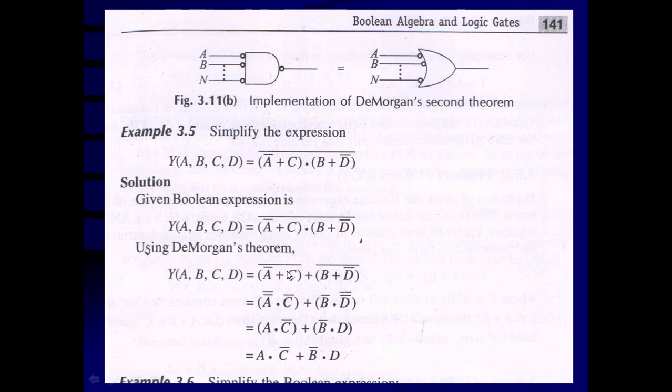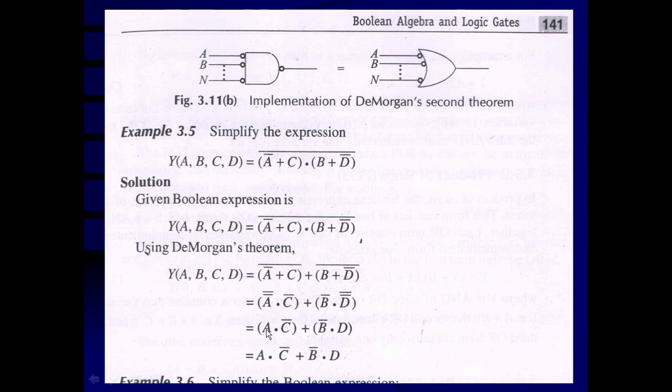Again, we can separate this bracket. Now, this bracket is under the negation. So, under the negation, the input A bar is going to be inverted. That means it is going to be A double bar. And C is going to be inverted to C bar. The OR gate becomes an AND gate here. You can see that plus becomes dot here. Here, these are the two individual terms, so plus remains as it is. B is going to be converted to its complement, B bar. And D bar is complemented to D double bar, which is going to be D. Double inversion makes no inversion. So A bar, that means double inversion of A, makes no inversion.